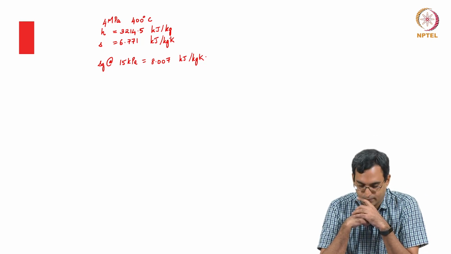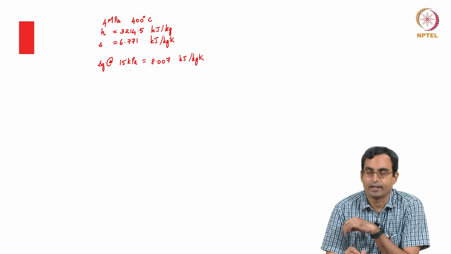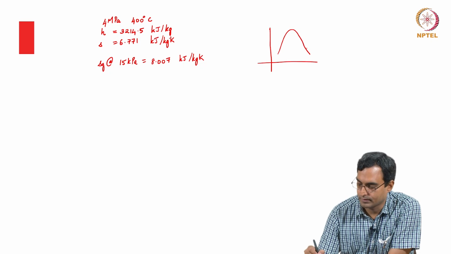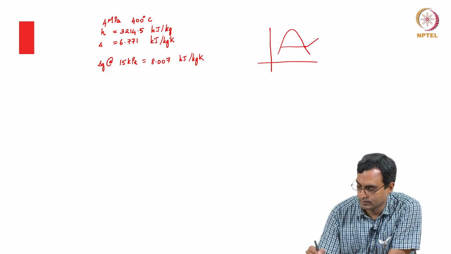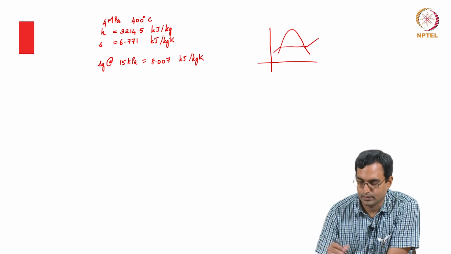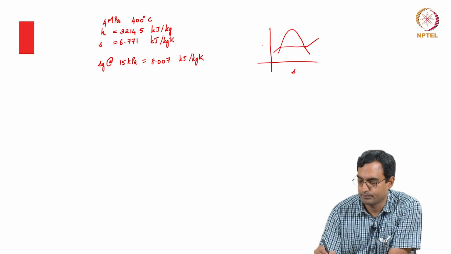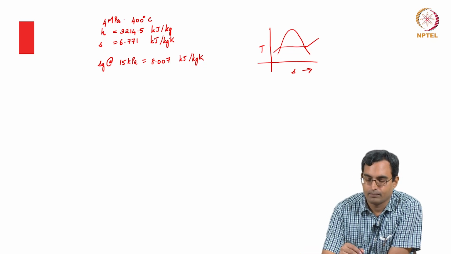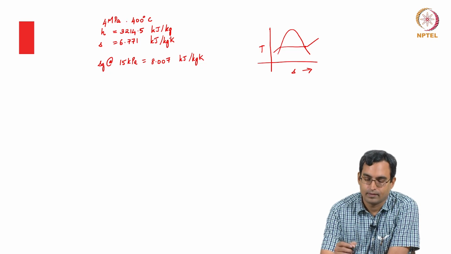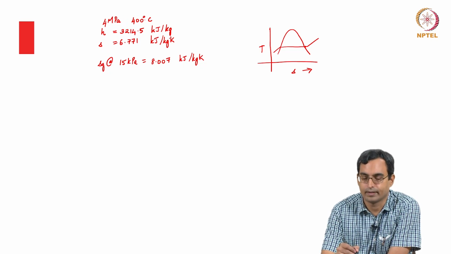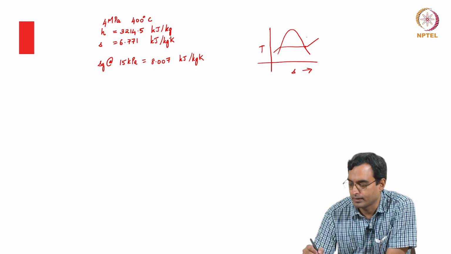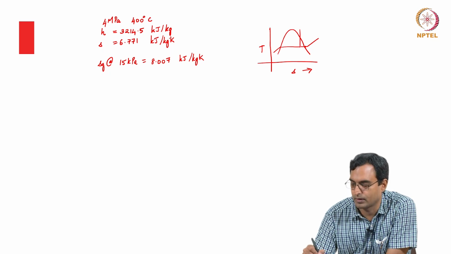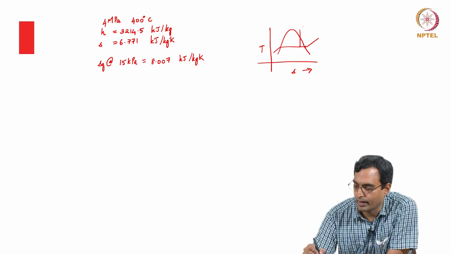So, what we see is that Sg at 15 kilopascal is essentially this point. At this point, the entropy is 8. This is a TS diagram. Here, the value is 8. And in my isentrope from 4 megapascal and 400 degrees centigrade, the value is 6. So, when I reach this point here, my isentropic line will lie somewhere here, because it is less than 8. So, now I know how to draw